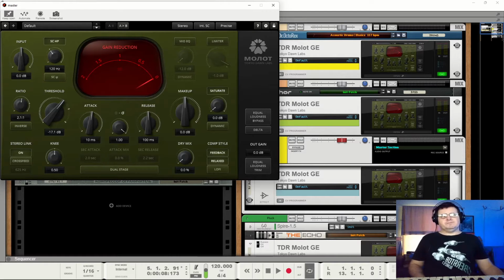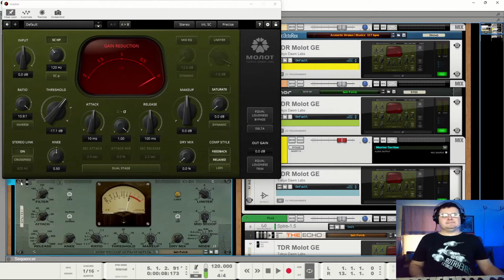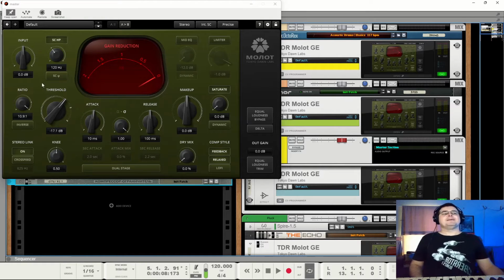So threshold, ratio, from 1.1 to 1, it doesn't go 1 to 1, doesn't go to 0, and that's fair enough. I don't mind them when they go to a full 1 to 1, as in I'm doing nothing here, up to 10.9 to 1. Close to 11, but not 11. My Red Rock, the C1L1, out of the way. That goes to 11. It's more Spinal Tap. I don't think the 0.1 makes any difference anywhere.